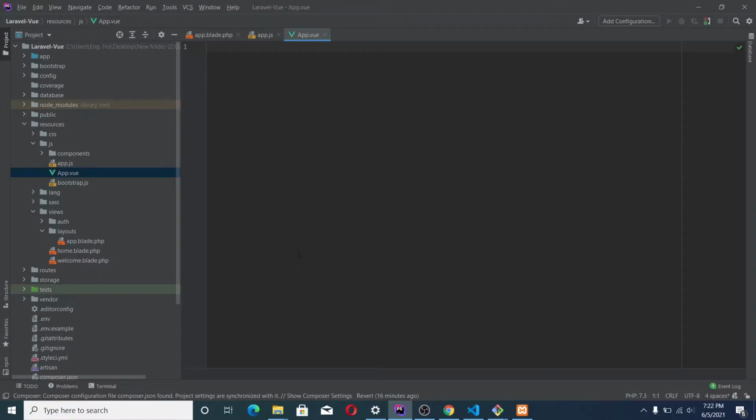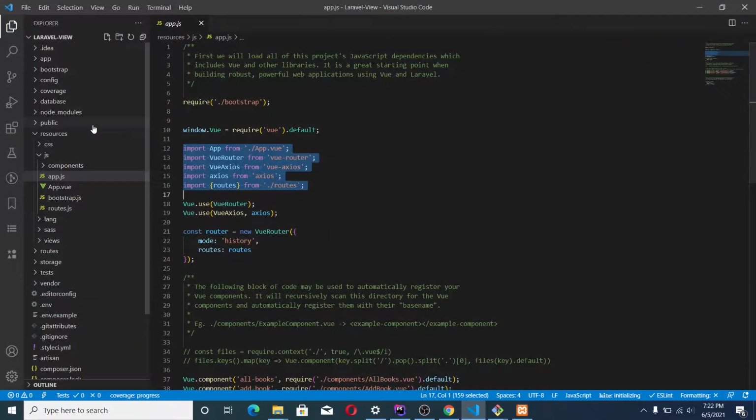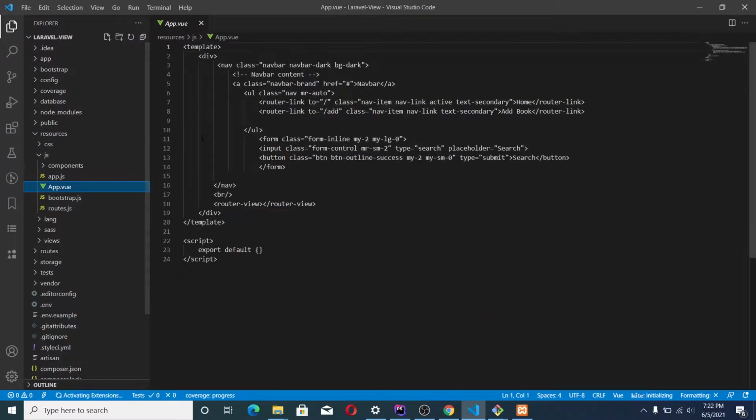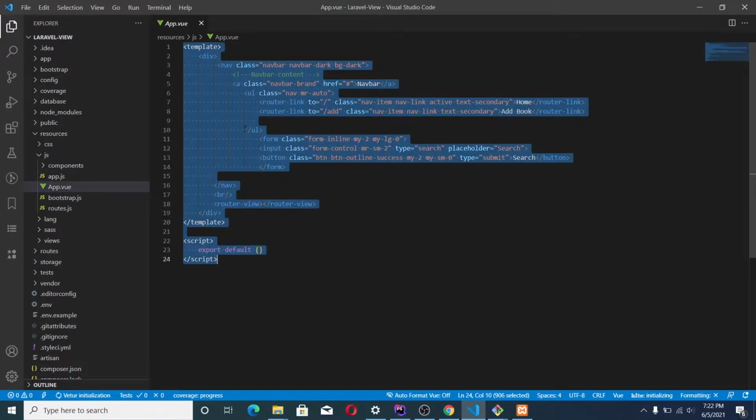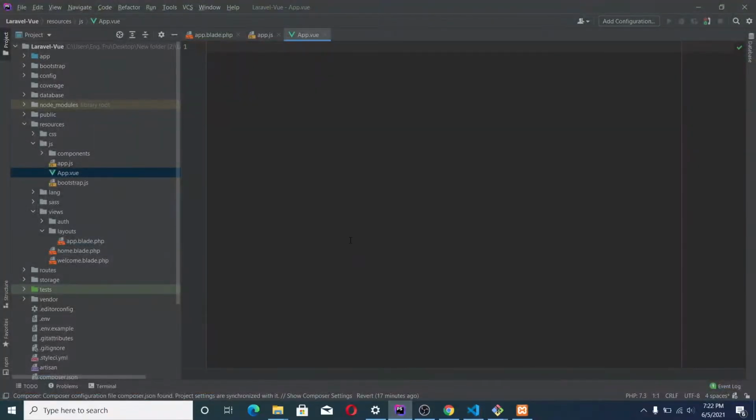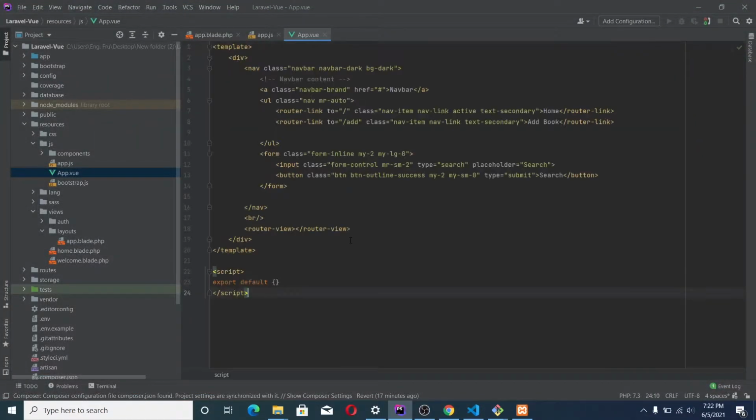Let me just copy it and paste so as not to waste much of our time. Alright. Okay, so this is going to be our base layout for the file.